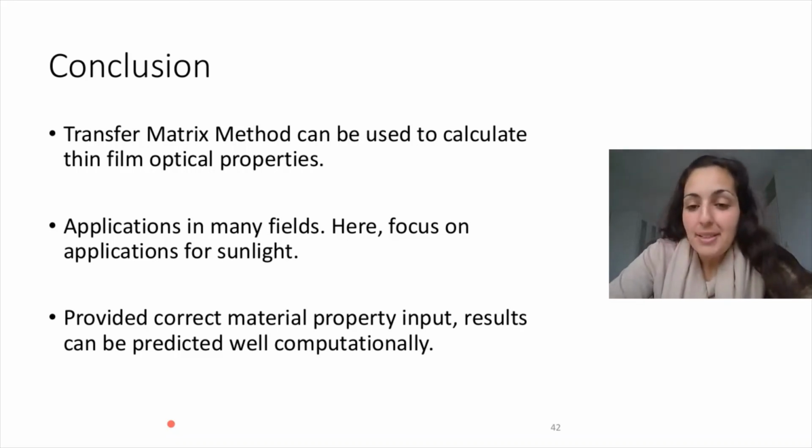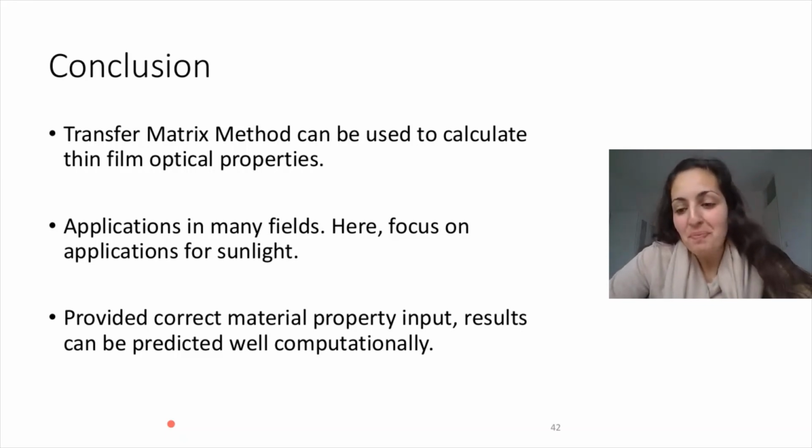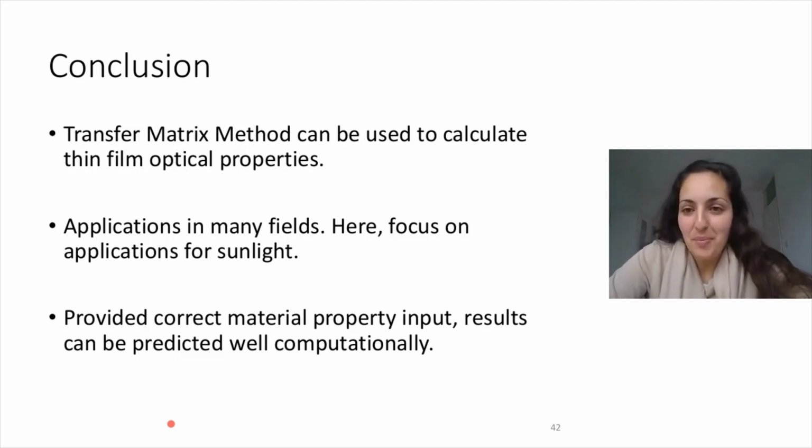And there are applications in many, many fields. Of course, my own research focuses on applications for sunlight, so that's also why I presented you one of the projects that I'm currently most excited about. And the other thing that's really cool about optical simulations, contrary to a lot of other types of simulations, is that provided that you use the correct material input data, so the correct refractive index and the correct layer thickness, your results can be predicted really well computationally, and what you then fabricate and measure in the lab normally matches what you simulated, and that's really cool. And that's why I showed you Lisanne's experimental results also to prove this statement a little bit. Okay,